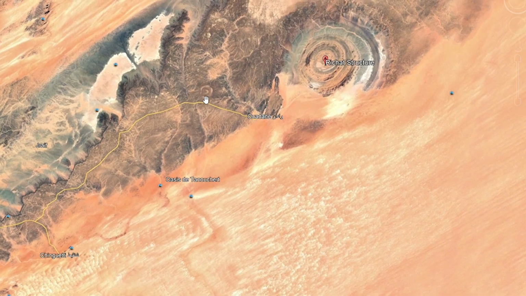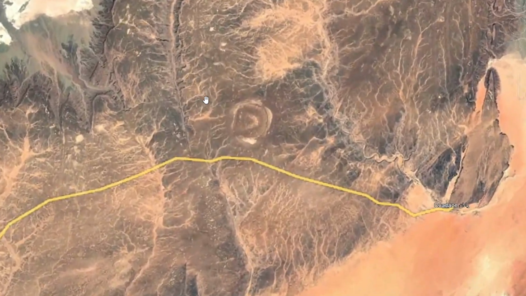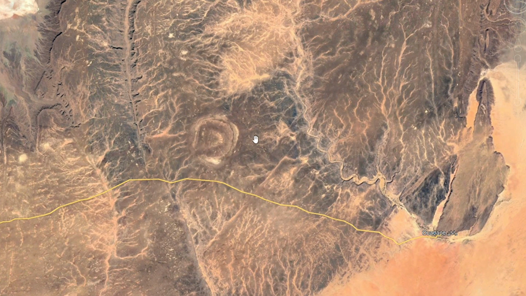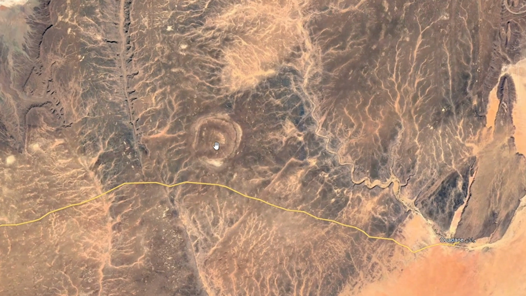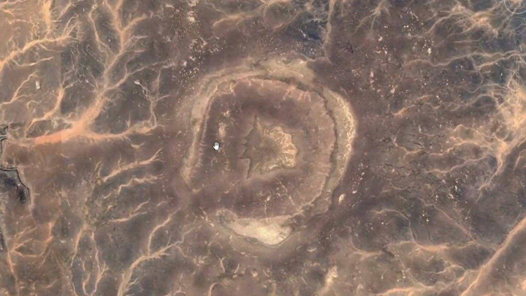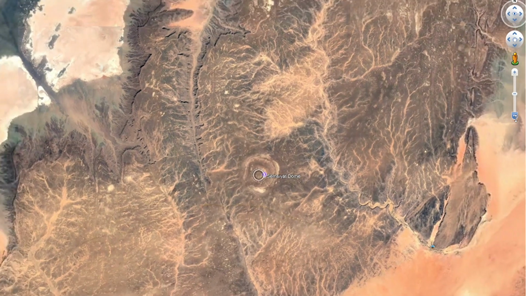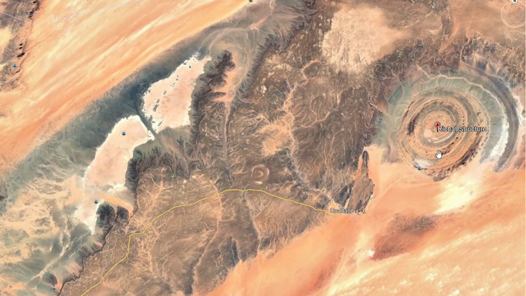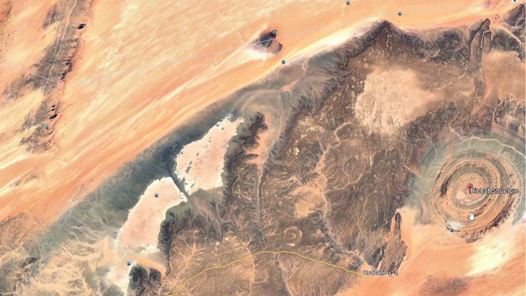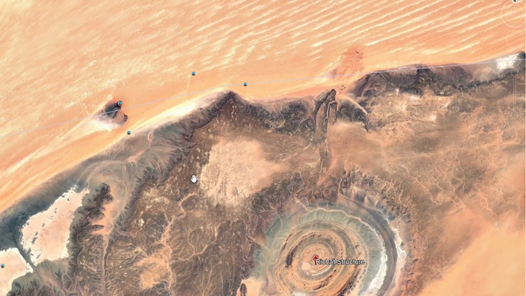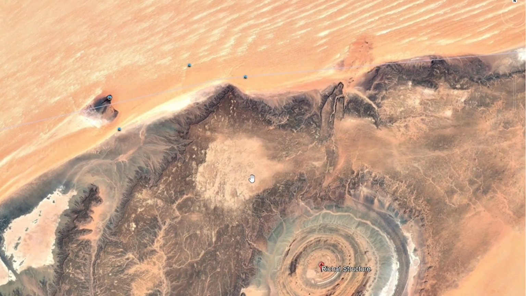So one of the first things I'm going to zoom in on is a similar feature to the Richat structure that's nearby. And that's right here. And if you look and zoom in, you can see it's almost like a baby version. So we know that this particular type of structure is common here. And you can see where the water flowed out of it on the bottom left. So the Richat is not exclusive. It's just the largest of many features around here, and probably the one weak spot where all the water was